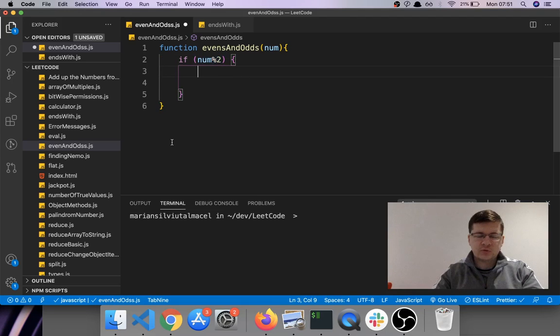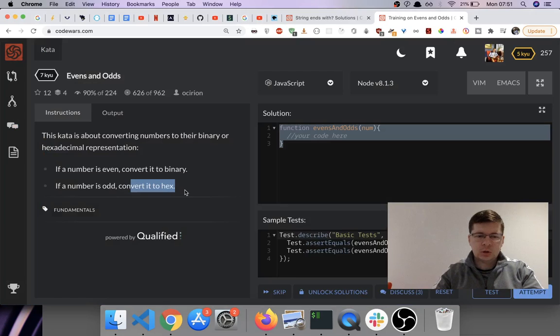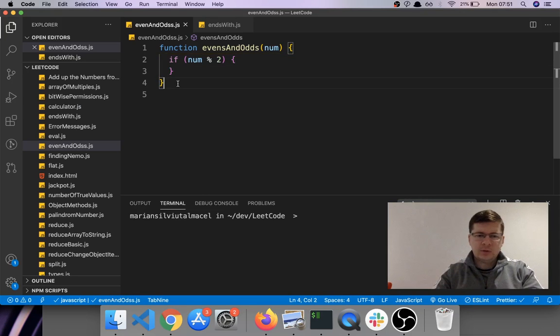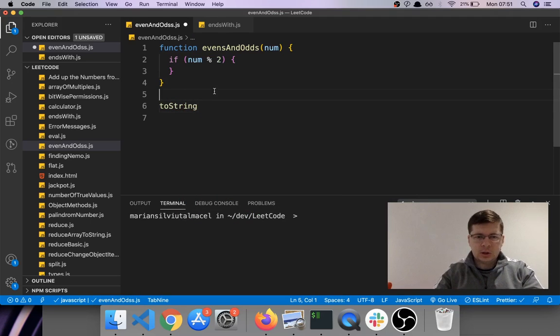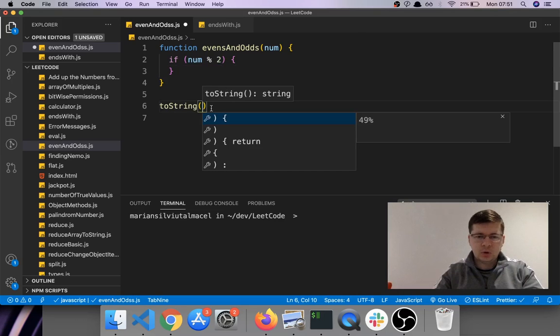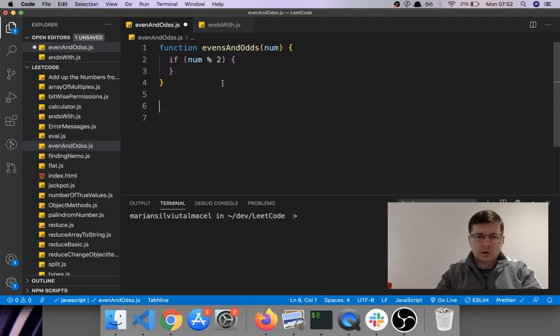we want to transform it to what are they saying? Convert it to hex. And we have this method in JavaScript that's called toString, and it basically converts a number to a string. But you can also pass in a base when you call the method. So if I pass the base 2, it's gonna convert it to binary. If I pass 16, it's gonna convert it to hexadecimal and so on. So we're gonna say,